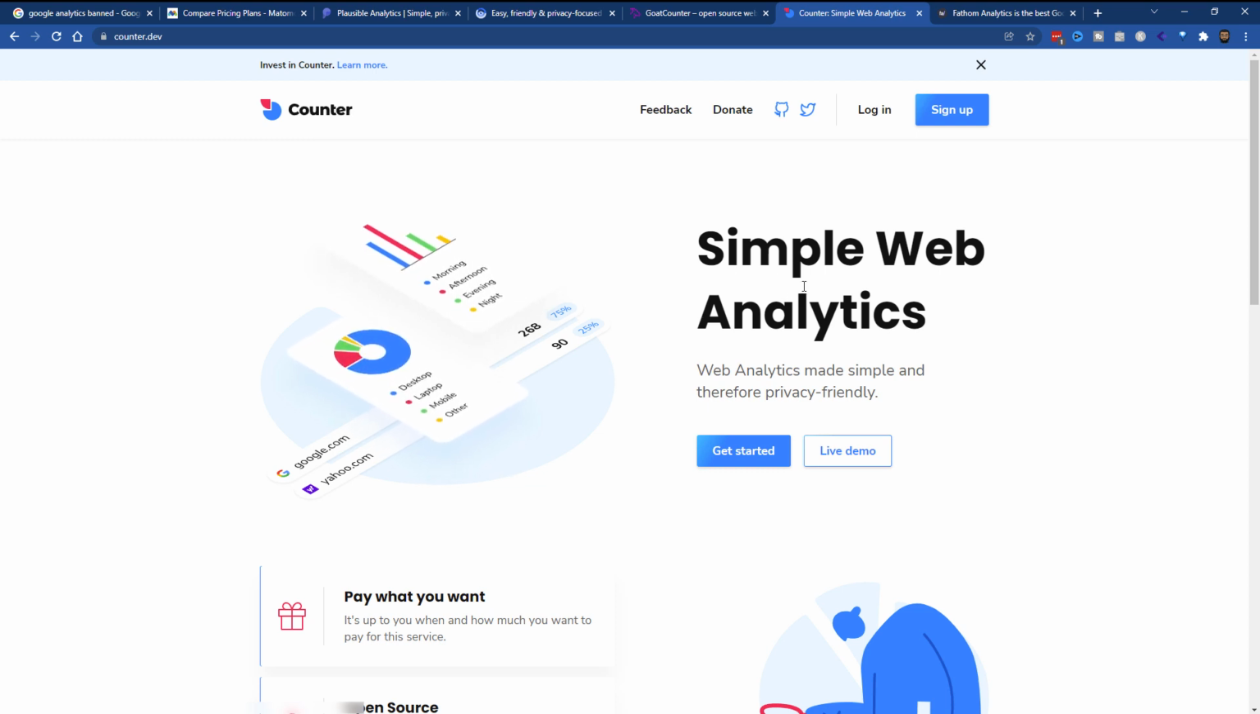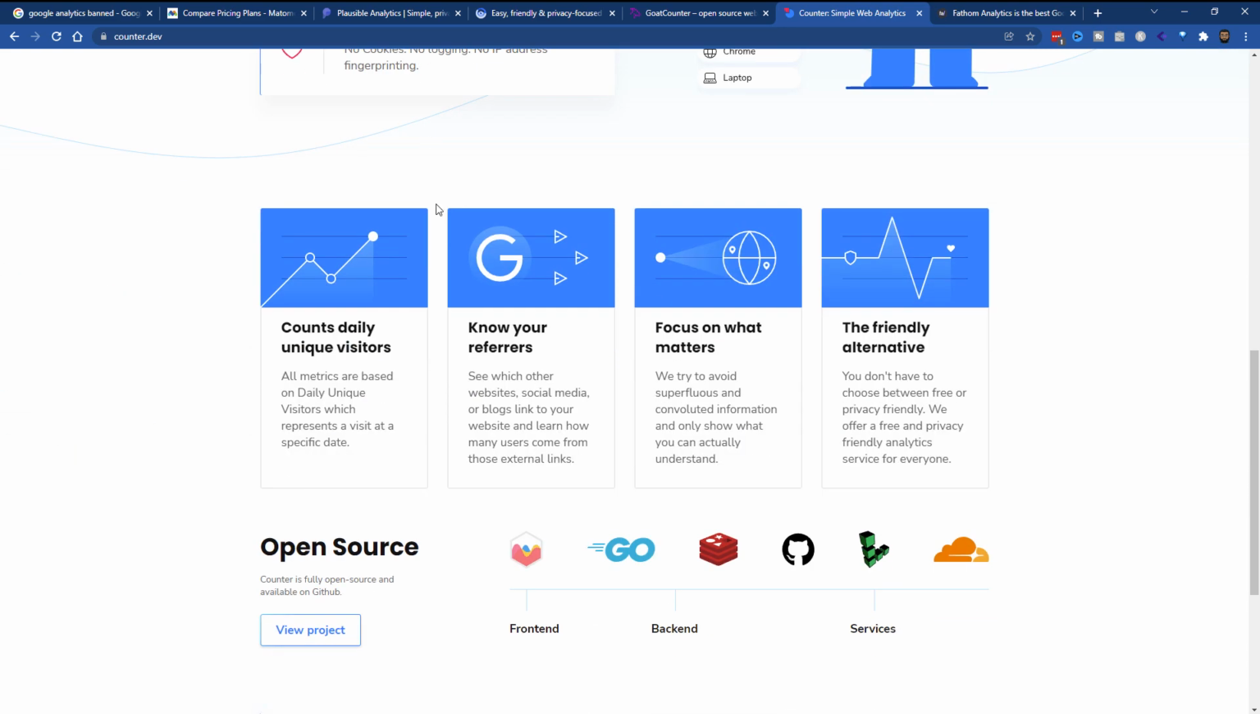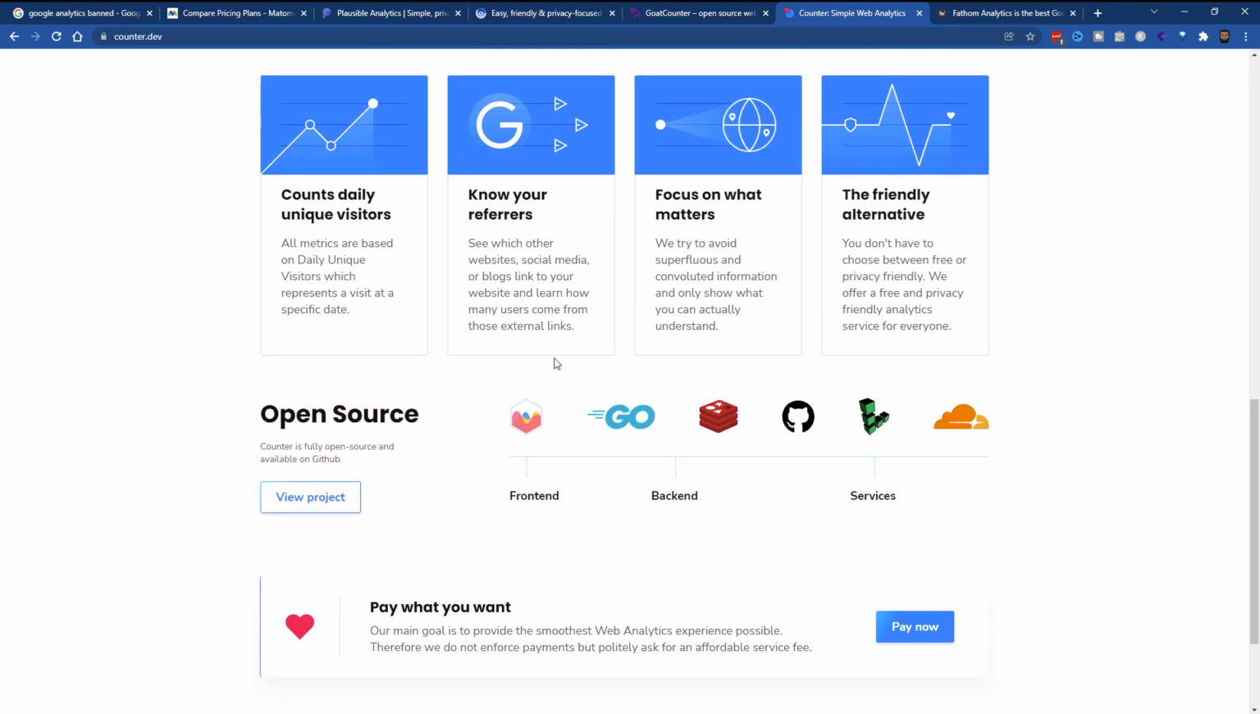And it's very clean, very easy to use. It's just a case of making an account without an email. You just enter a username and password, and you add a couple of lines of code to your header, and it gives you a nice clean interface. It's open source, privacy friendly, no cookies, no logging, no IP address, nothing, no fingerprinting. You get all the basic details you need,